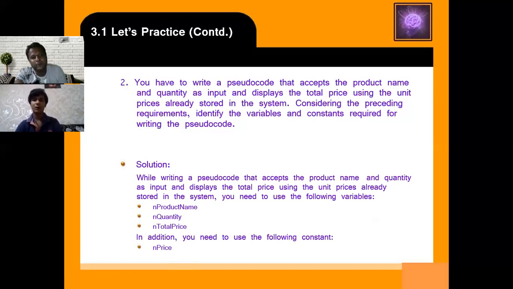One person can take any kind of quantity and your total price will also be different based upon that. Then unit price is constant, yes. The other three, only unit price is constant. Okay.